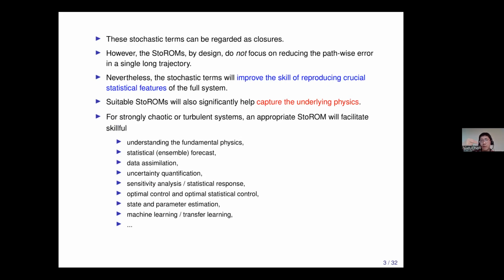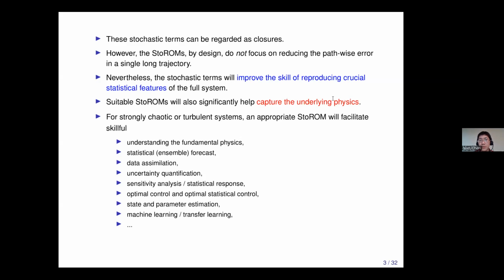So maybe we don't care about each single trajectory, but we do care that if we run these stochastic models multiple times, then the ensemble or the statistics of these stochastic reduced models should capture the statistics of the full model. So that will have a lot of applications, especially when we have uncertainties. On the other hand, if we have appropriate stochastic reduced models, they will also help significantly to capture the